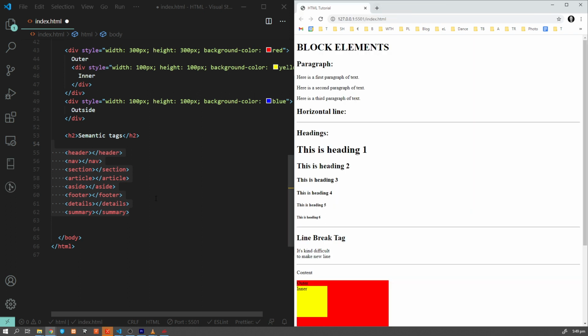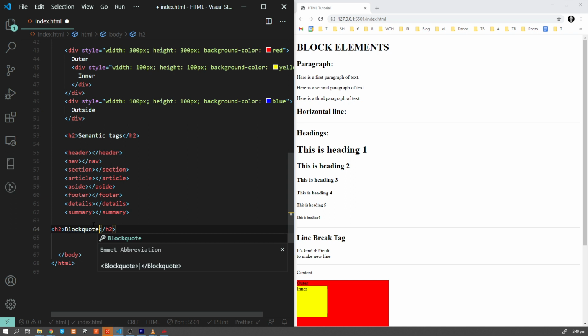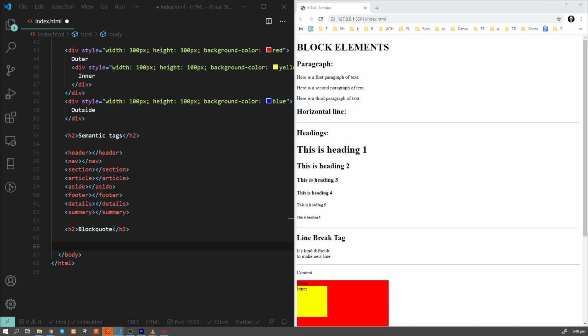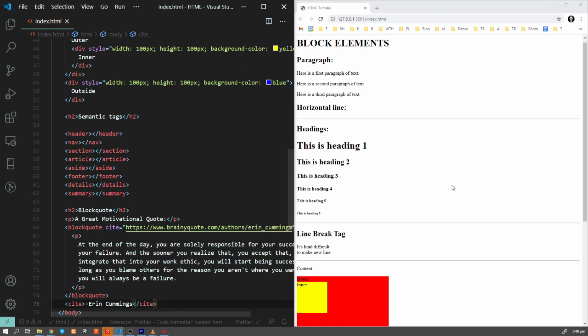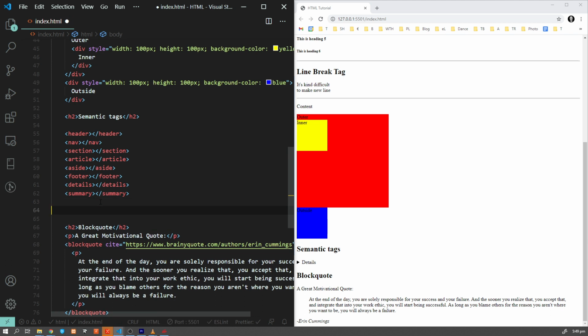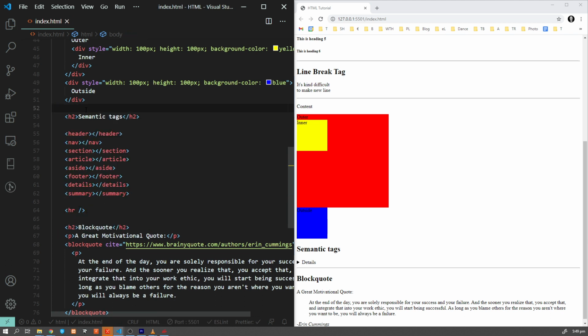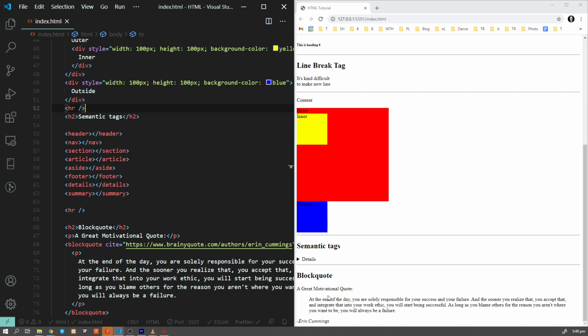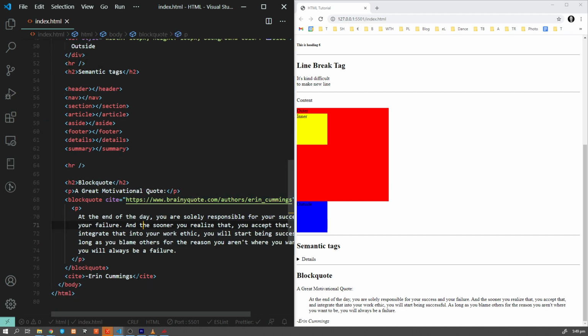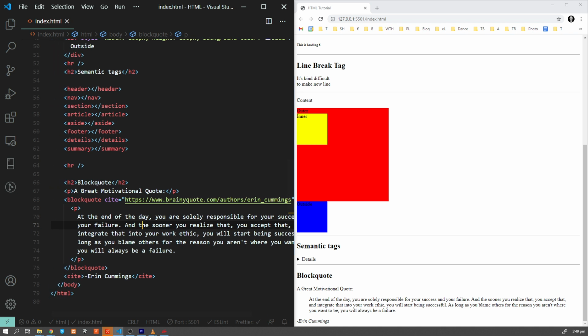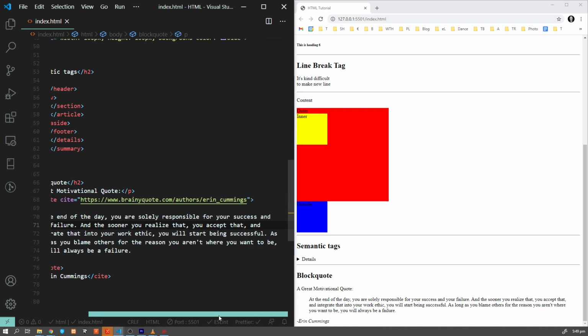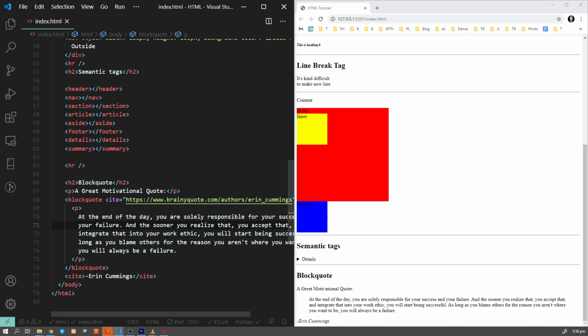Okay, let's move on. Now we're gonna move to another element, which is called a blockquote. What do we use blockquote for? Well, let me just quickly copy paste an example, so you're gonna see it clearly by yourself. And let me add some dividers here. As you can see, the blockquote is the tag which is basically meant for quotation, and this allows us to provide this attribute